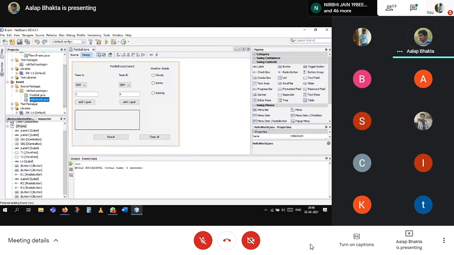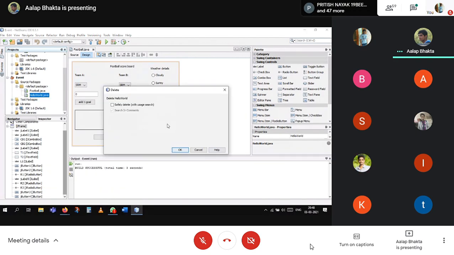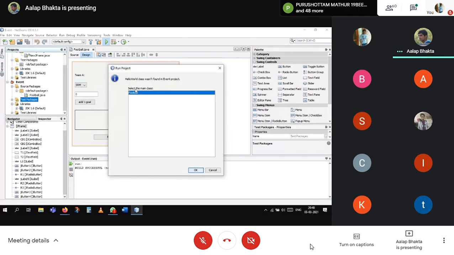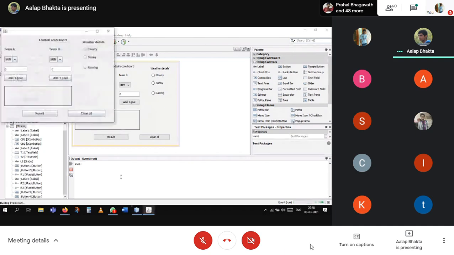Football. Okay, so add one goal. Actually, it is adding. I get VIT versus IIT. Add one goal, so it is incrementing.